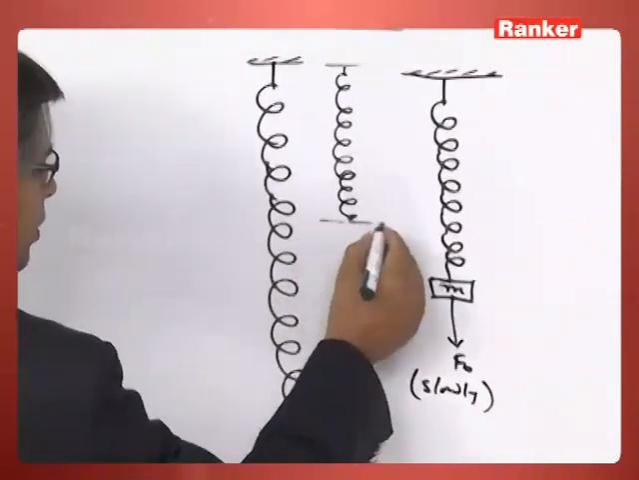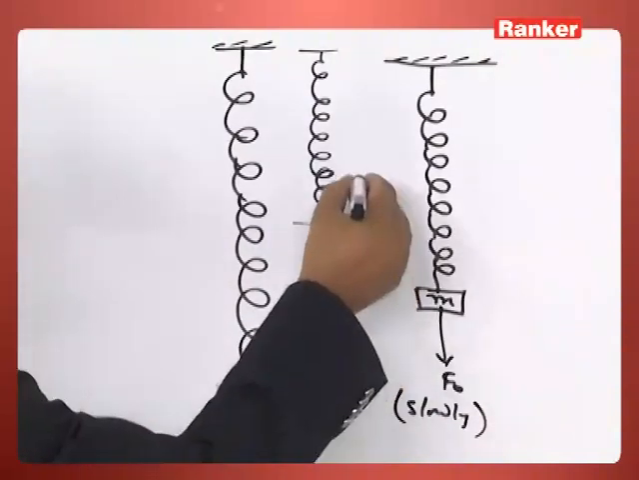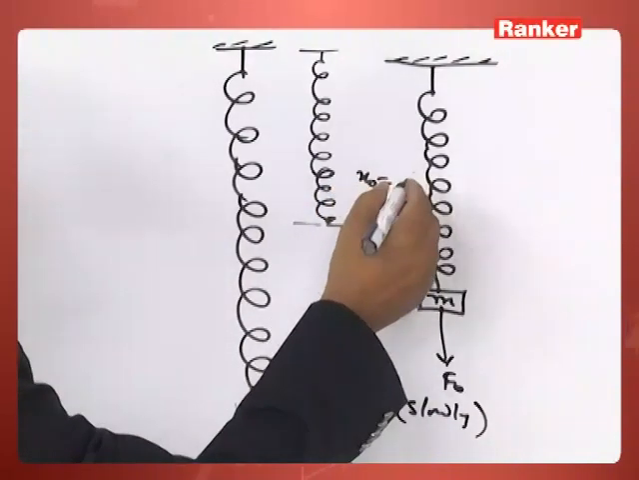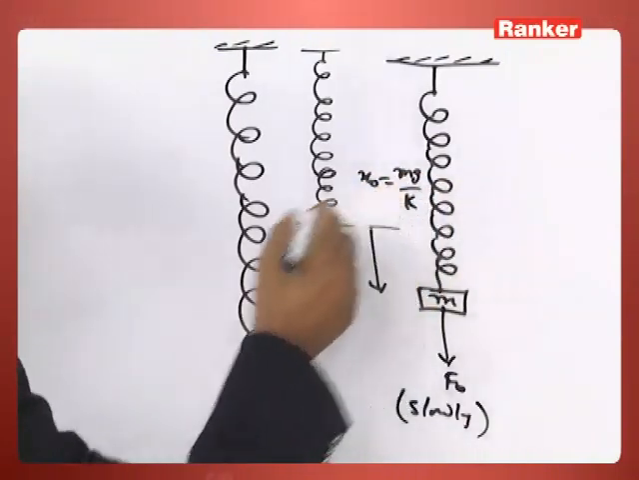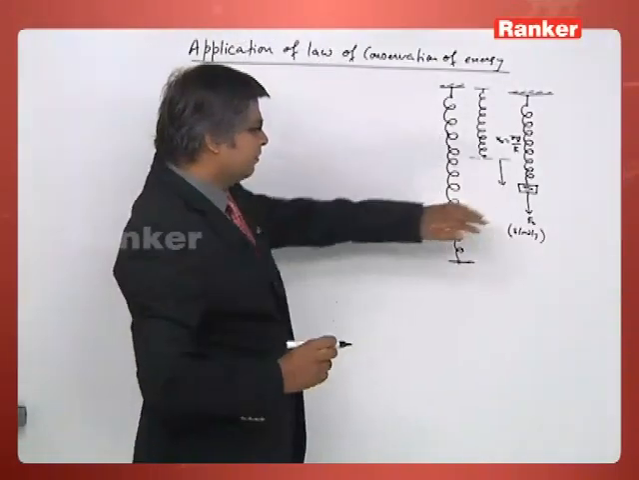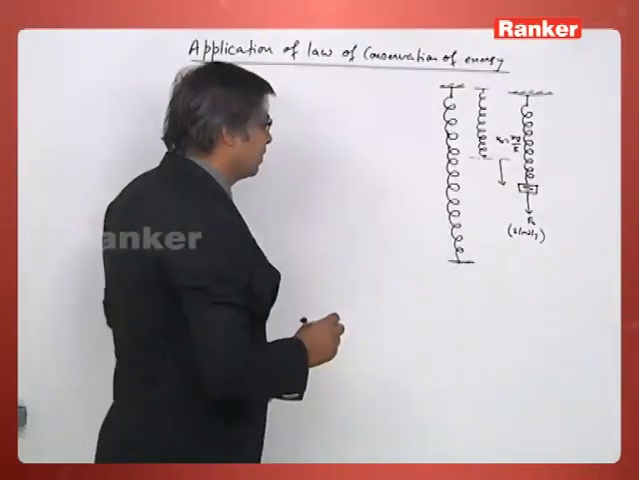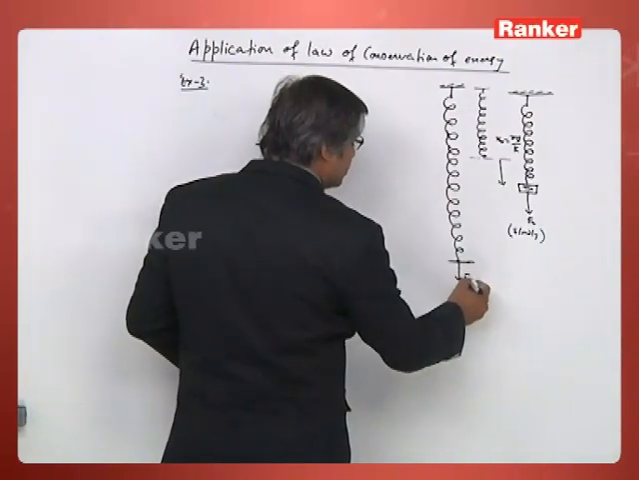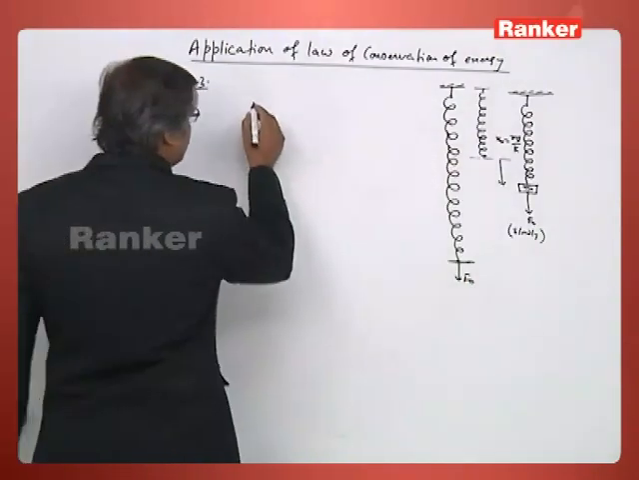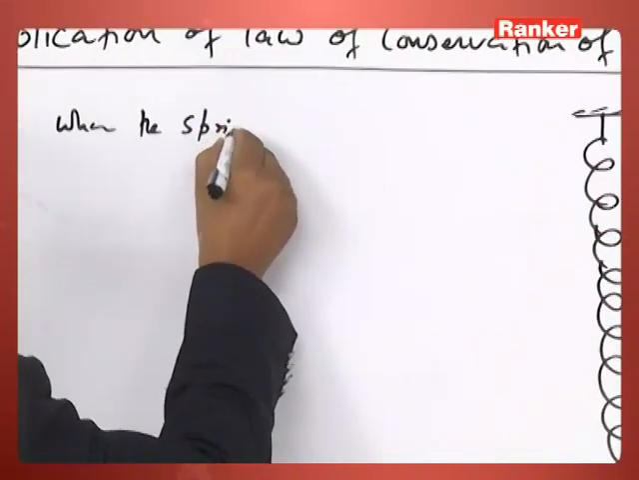So when there is no force, this is x naught, that is equal to mg by k. So you see, if there is no force, it will still have certain elongation. Now when this force becomes F naught, then you see, so when the spring breaks